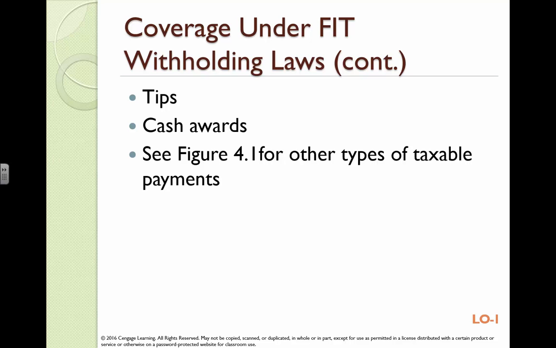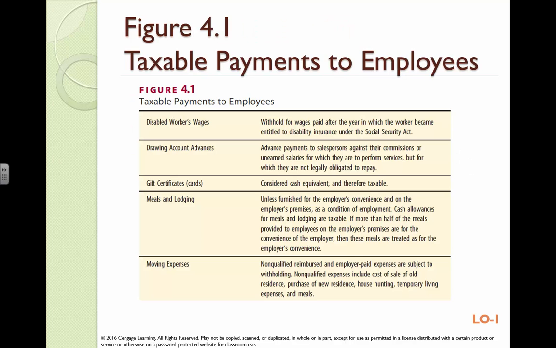True story, my mother-in-law was a director of a low-income daycare, on the board of directors for a volunteer gig in Pennsylvania, and she got a friend of hers to donate an RV, and they raffled it off, and the family that won the RV got a 1099 at the end of the year for $29,000. Yeah, I mean, that's a $3,500 tax bill, and they were a low-income family. They had to sell the RV to pay the tax. So, I mean, you just kind of have to be aware of those things.